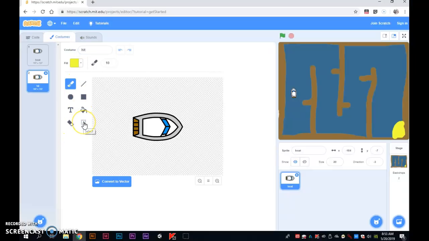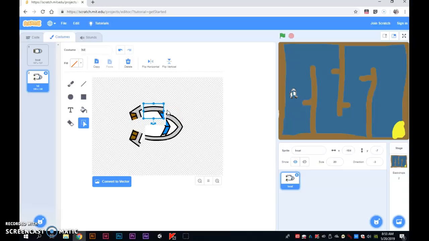And using my selector here, I can just select pieces and move them around, maybe separate them out so it looks like the boat has crashed and broken apart. And you can break it into as many pieces as you want. That'll be good enough for me for now. And you can see my boat is